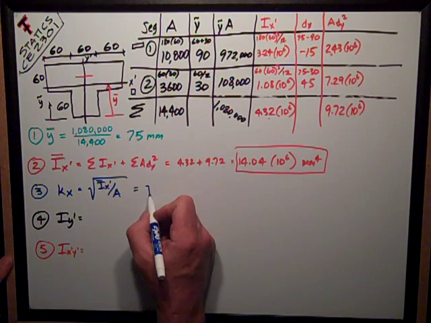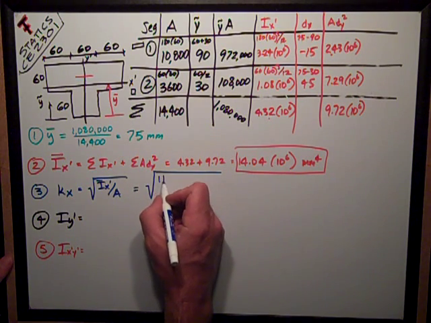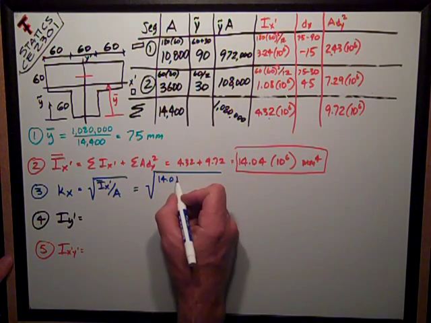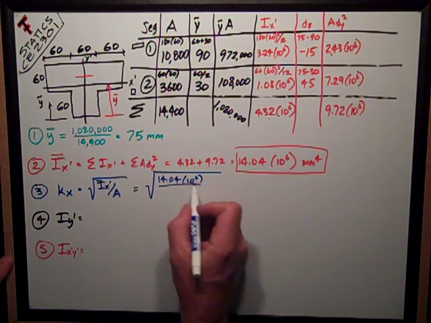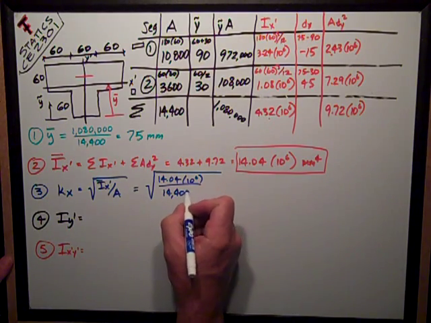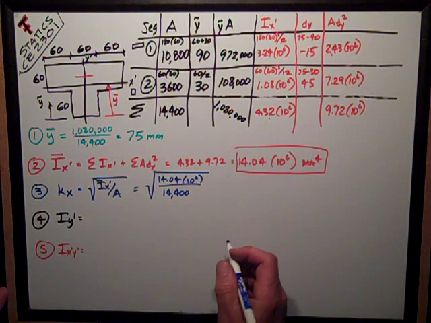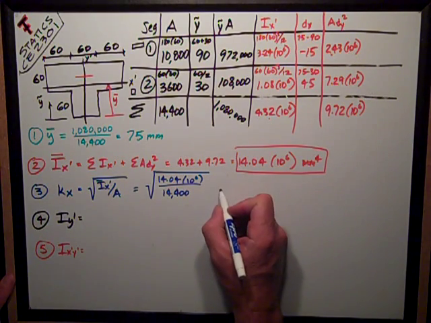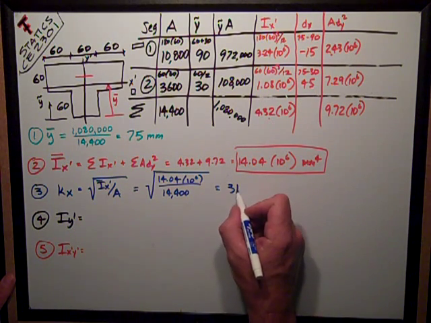That's just the square root of this number, 14.04 times 10 to the 6th, divided by the area of 14,400. Do the math, take the square root of it. I get that Kx is equal to 31.2